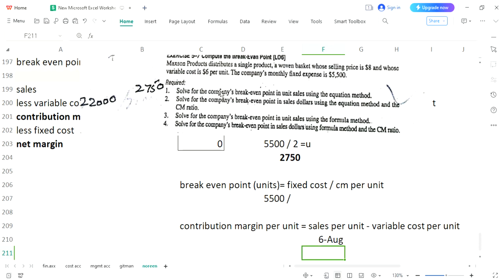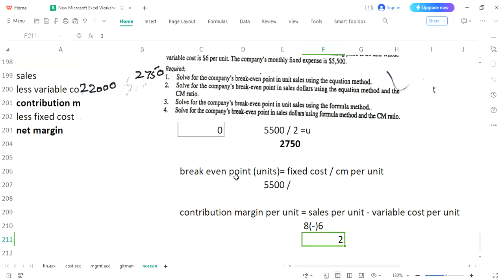So you can calculate it. It is taken as a date, so we can put brackets because Excel is taking it as a date. Variable cost is 6. 8 minus 6 means 2 is your contribution margin per unit. Okay, now come over here. What we were writing,